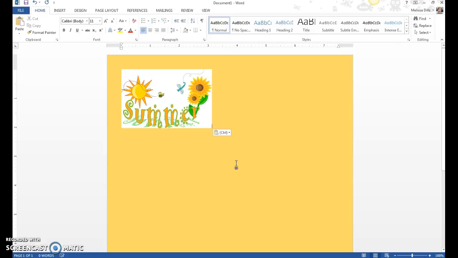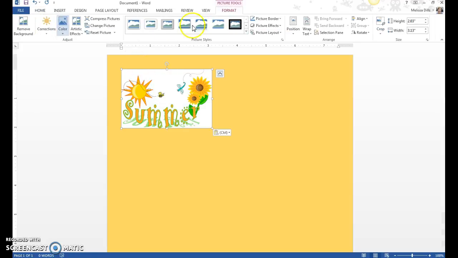And sometimes it'll be super big, sometimes it'll be super small. And one thing you'll notice with this picture is that there's a white background, and that white background kind of makes it look a little 1990. So what you can do is you can double click on your picture, and there'll be all these choices up here under your picture tools. And if you come over to, I think it's color,